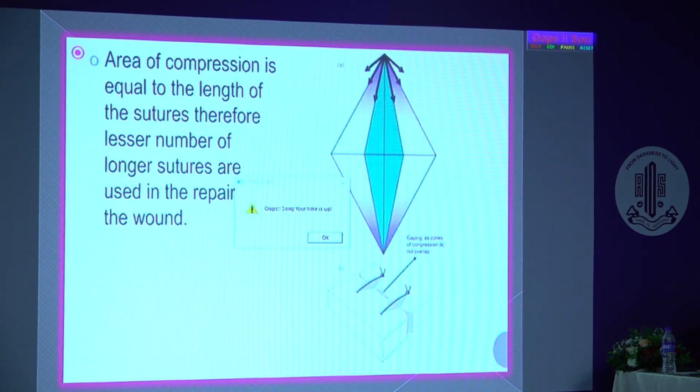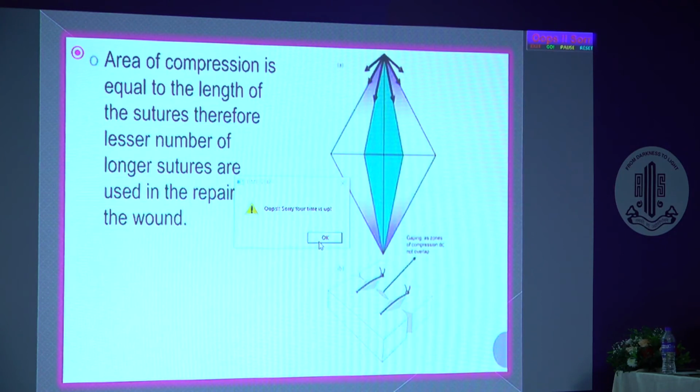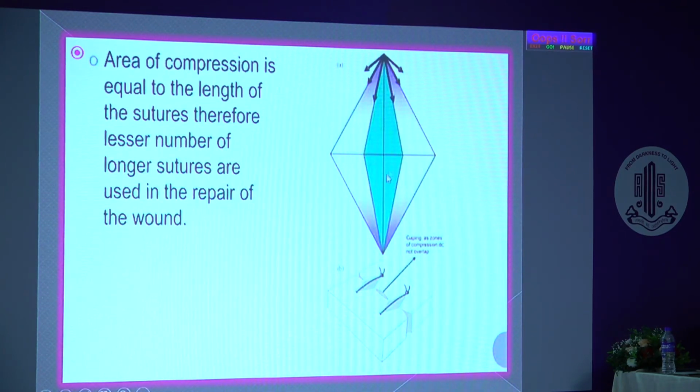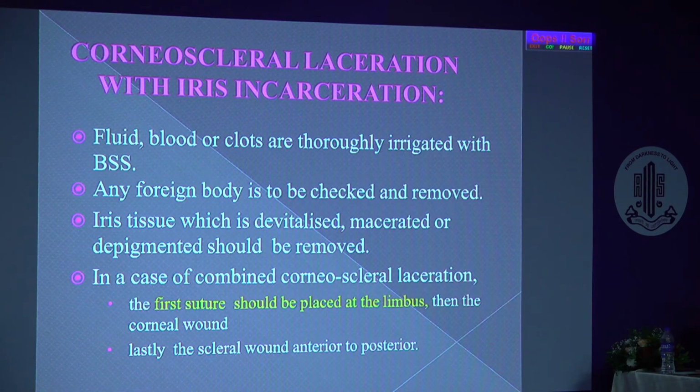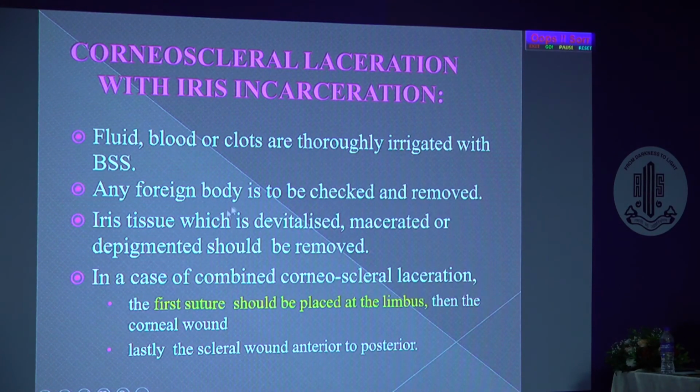Although it's a very big topic, I'm not going into detail, just trying to say something. Give me 1 minute more. Here, whatever is the horizontal and the vertical direction, just place the sutures at half the distance of the vertical. Now coming to the corneoscleral suture with iris incarceration, most important is whenever iris